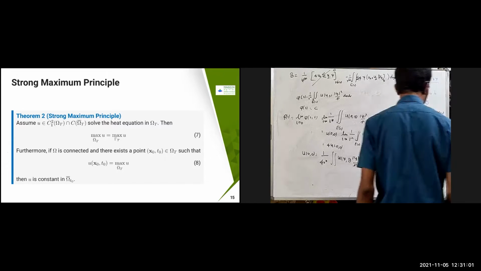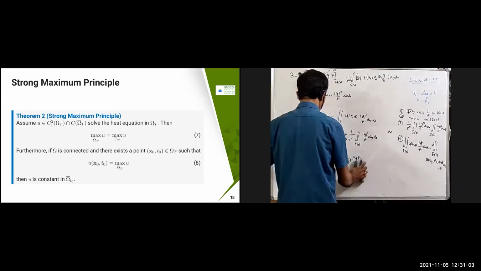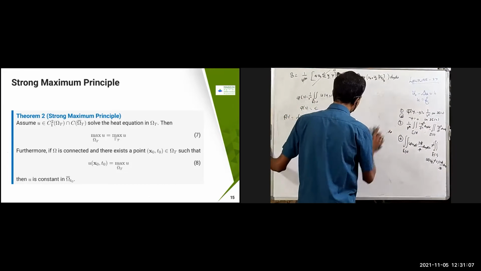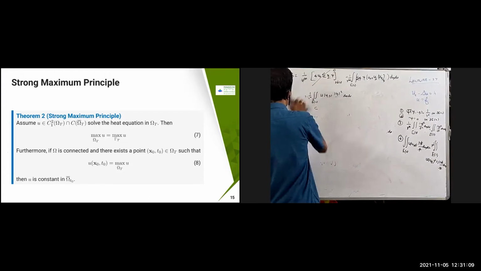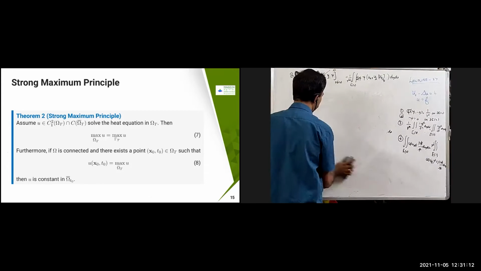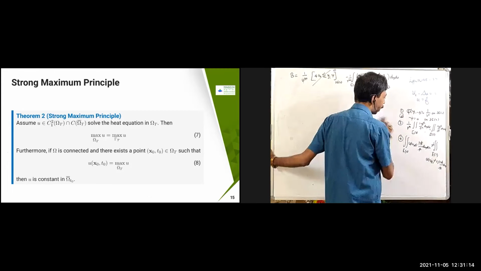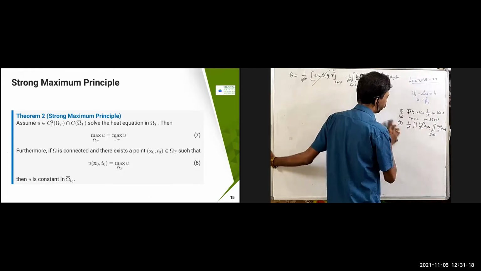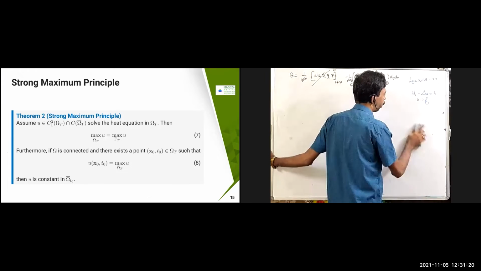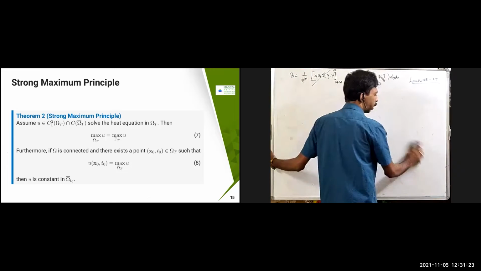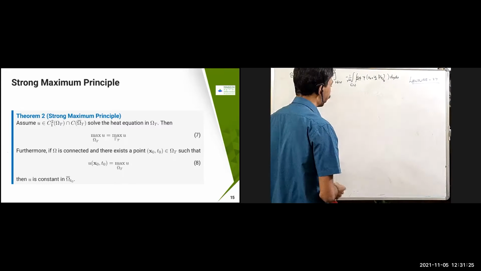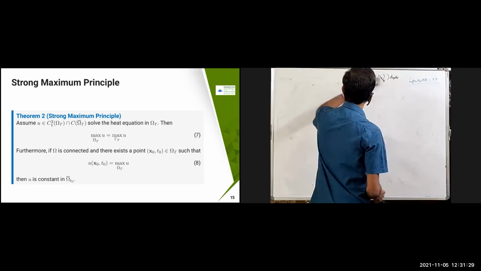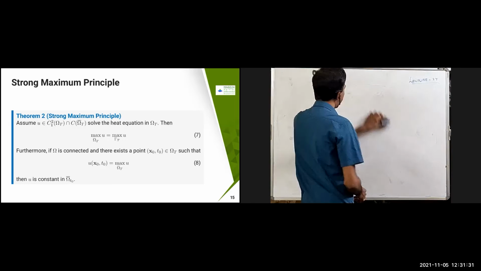Okay. So next one, we are going to have a similar kind of thing to what we had in the wave equation and Laplace equation, which is called the maximum principle. Okay, in the case of Laplace equation, we had a nice property that when the maximum is going to be obtained, this is going to be on the boundary also. So here also we are going to get a similar kind of thing. Here, instead of omega, we are going to get it in omega t and gamma t.